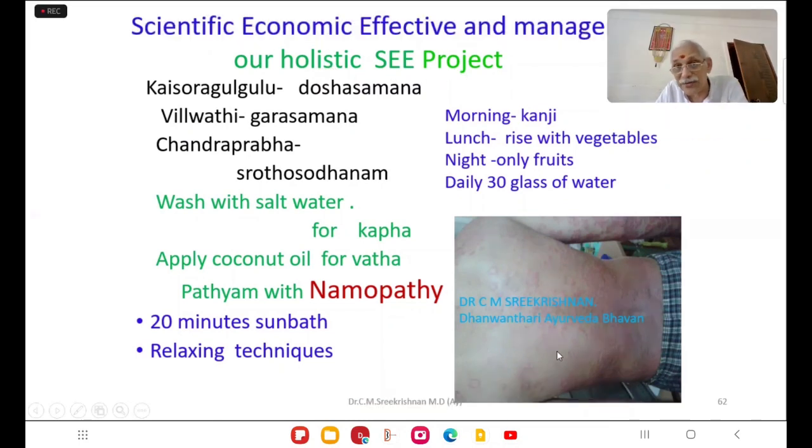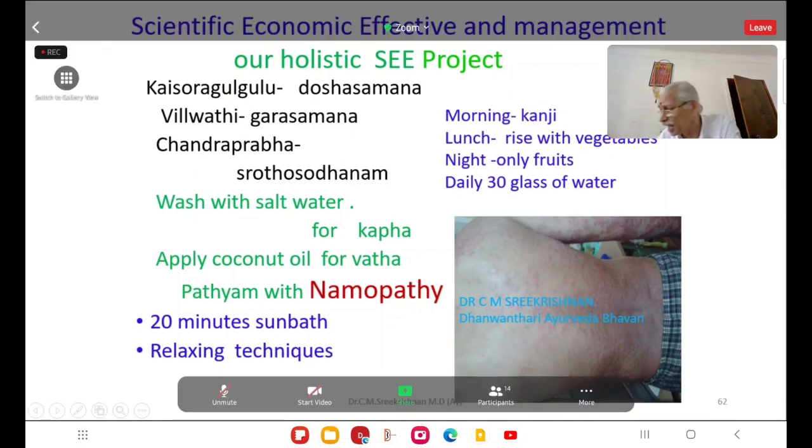This patient suffering from psoriasis is a captain in a ship. I gave only Kaishora Guggulu as dosha shamana, Vilvadi as gara shamana, and Chandraprabha with a solution. He is taking fresh fish from the